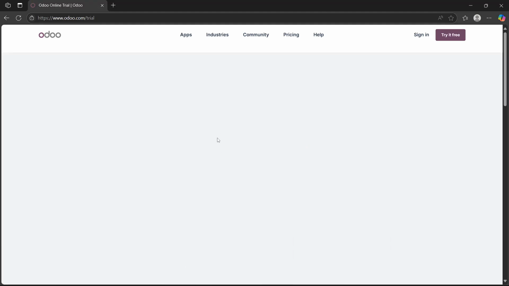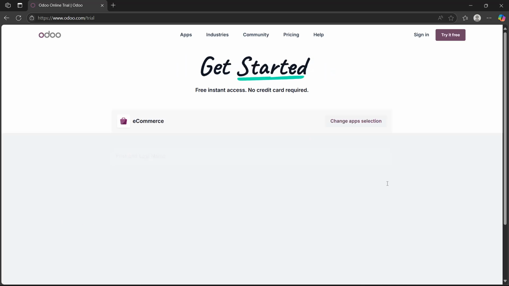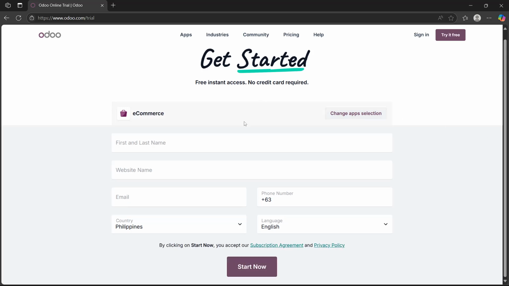You just gotta click this button right here, and now you gotta click e-commerce and click continue to proceed to the next step. And now once you're here, you just gotta fill out the needed information and details like your first and last name, what you want your website name to be, and your email, your phone number, your country, your language, and make sure that this information and details are all filled out so that you will be successful in creating your e-commerce website. And after you fill out everything, you just gotta click the start now button,